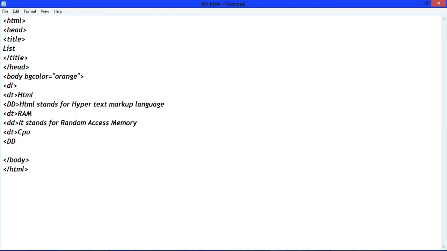Write DD and write CPU stands for Central Processing Unit. Now close DL tag, save it.